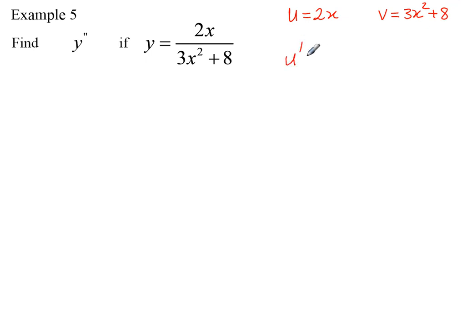U dash, the derivative of 2x is 2. V dash, the derivative of 3x squared is 6x, and the derivative of 8 is 0. And the quotient rule is u dash v minus v dash u over v squared. So y dash, which is the first derivative, is equal to